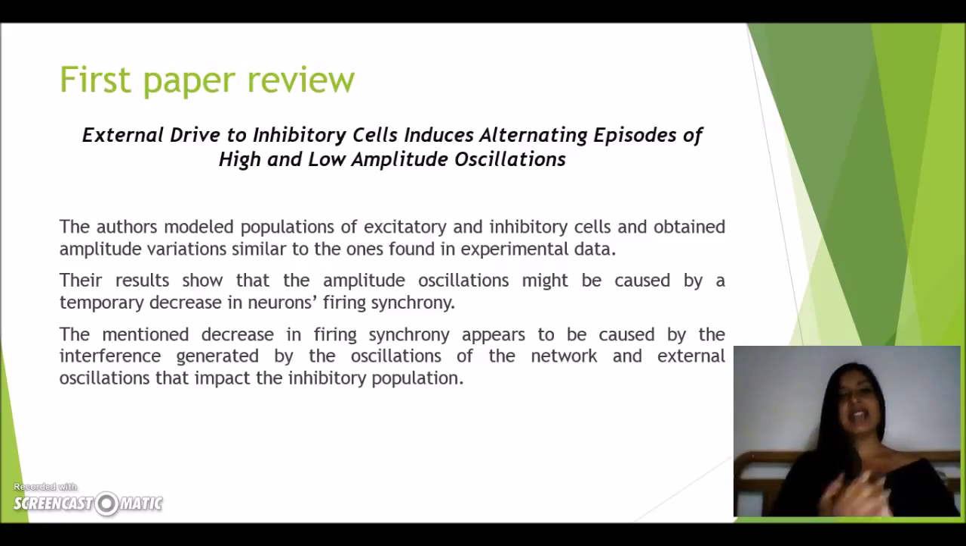What the authors did is they modeled the populations of excitatory and inhibitory cells and obtained amplitude variation similar to the ones found in real data. So they modeled a network through neuron in a proportion of 80 to 20, 80 excitatory to 20 inhibitory cells, and they found that their results are very similar to real data taken from mice. The results show that the amplitude oscillations might be caused by a temporary decrease in the neuron's firing synchrony. And this is caused by the interference generated by the oscillations of the network and external oscillations that impact the